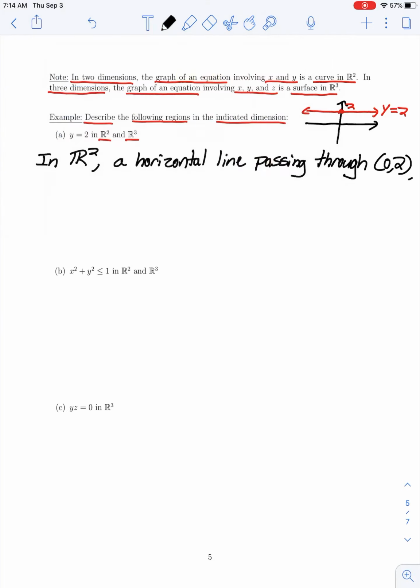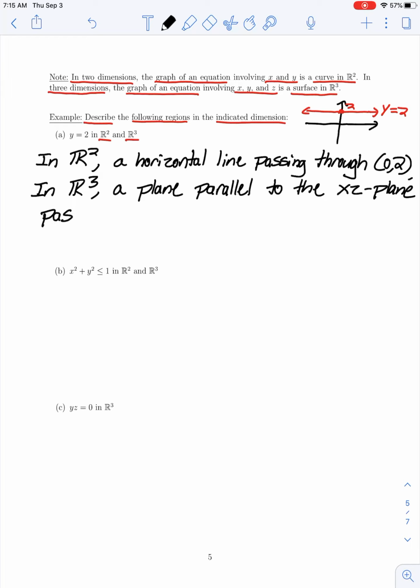Now let's think about what this represents in space. So in R3, what does this constant value of y represent? Well, this would represent a plane which is parallel to the xz plane, passing through